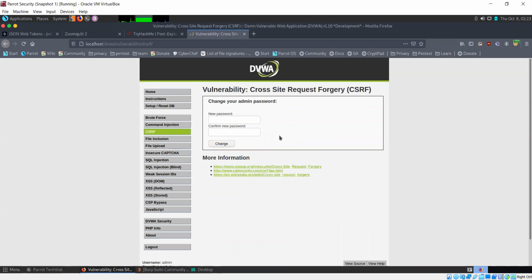CSRF is cross-site request forgery, and in this kind of vulnerability, basically what you're trying to do is trick a user who is actually working on a website, who is logged in, who has a session on the website.